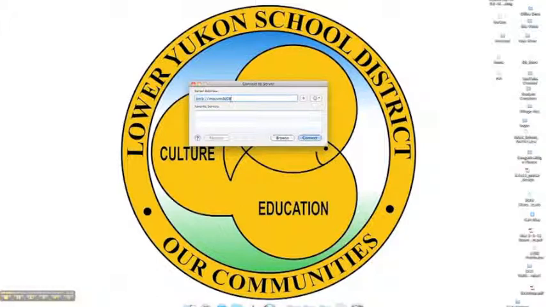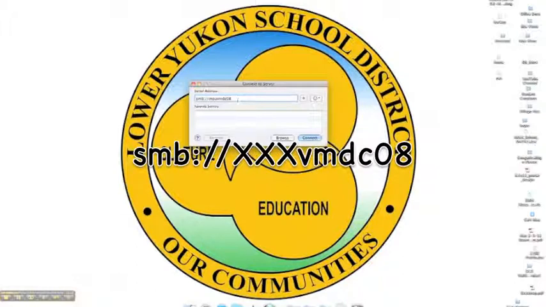Now I'm going to connect to the Mountain Village server because I'm in Mountain Village. Some of you, if you're on different sites, are going to have to change 3 letters in what you're about to type here. If you don't see anything in server address, type in the letters SMB, colon, slash, your site, so SPX, POJ, MOU, whatever the case may be, and then the letters VMDCO8,